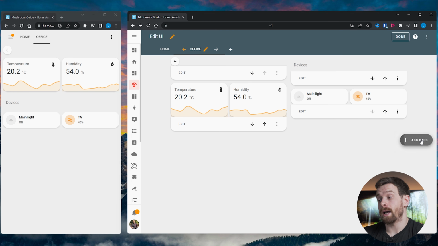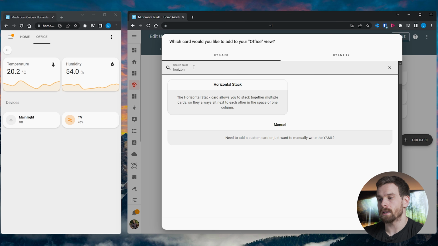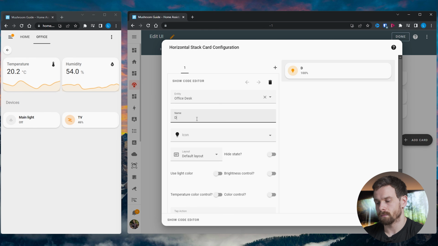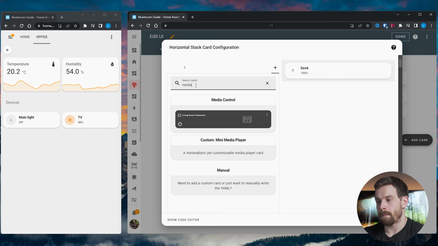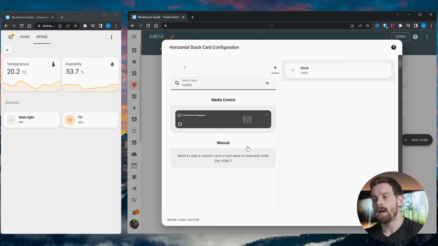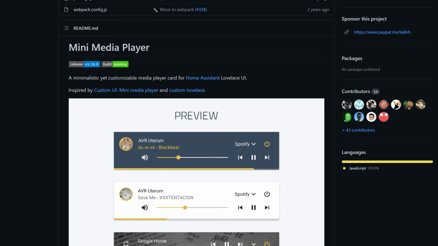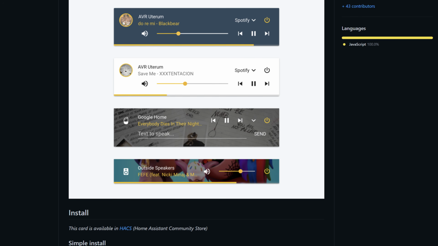The next row under, we're going to add the third light that is in this room. Again, we'll use a horizontal stack. And then instead of another light card, next to this one, I'm going to search for media. Mushroom doesn't have a media card, at least not yet, but another card that I did find works well is this card called Custom Mini Media Player, and you can install this from hacks,